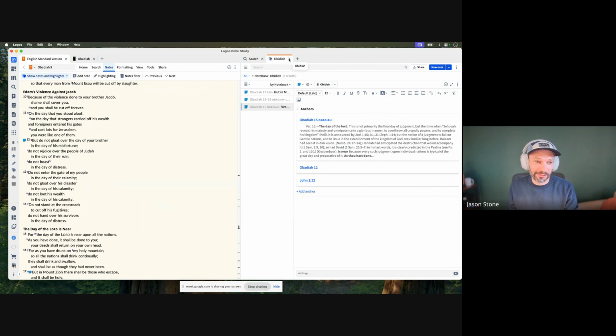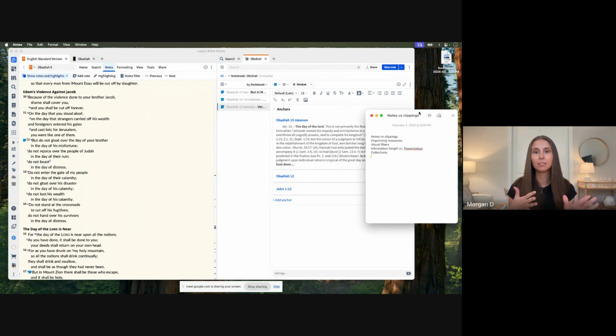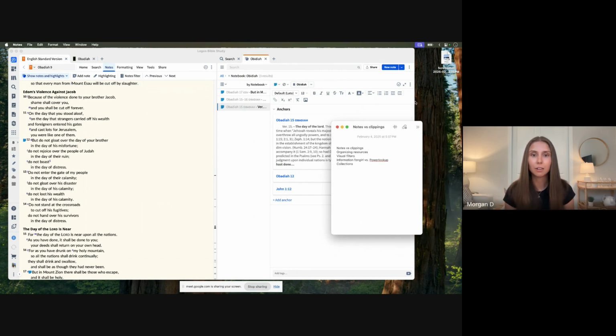But I will say, and everybody would probably agree, that the notes platform or the notes feature is pretty, like, man, Evernote or Bear, or Apple Notes, all these things are light years ahead of everything else, or ahead of what Logos is doing. But it's hard. I've also heard that it's really difficult for them to update the notes feature across the entire platform. So when they're able to do that, it'll be a really big win, because that's probably why people steer away from it: it's a little clunky. Still, nice to have.